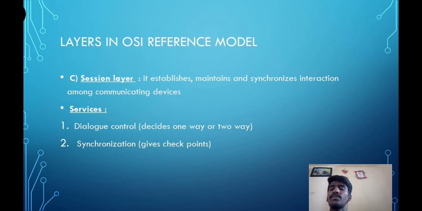Thereafter synchronization: when you are sending a large text message to your friend, it gives checkpoints in case of a system crash. As it is checkpointed, the first part goes to your friend, so no worries.